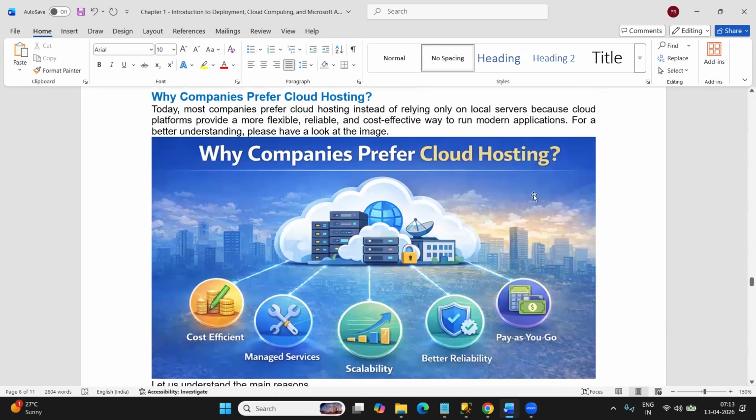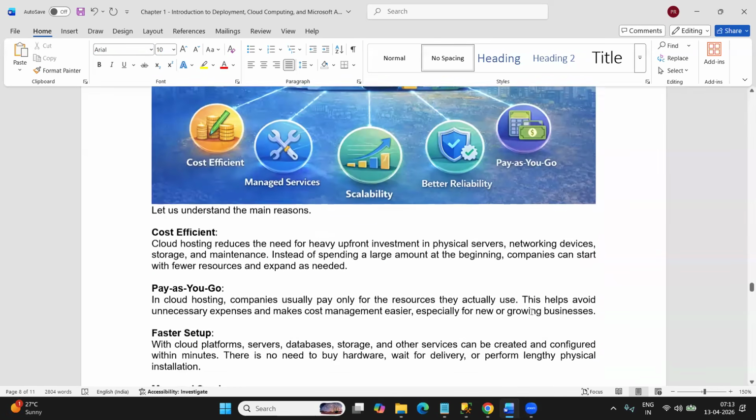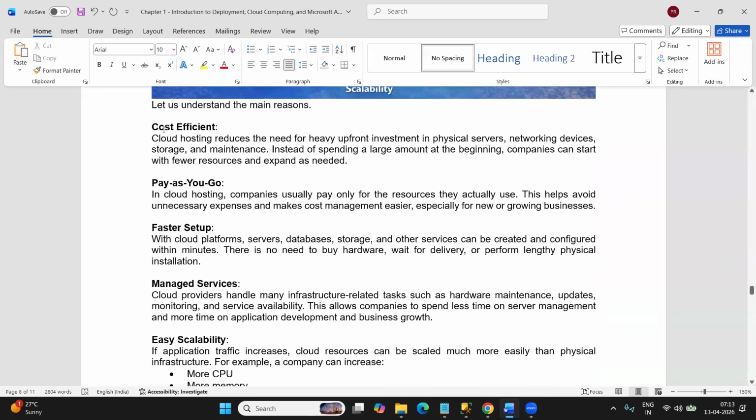Now, why are companies preferring cloud hosting? Basically, companies are going for cloud hosting because it is cost efficient, with managed services, scalability, better reliability, and pay as you go. So let us try to understand what we mean by cost efficient. Cost efficient means it is going to reduce the need for a heavy upfront investment in physical servers, networking devices, storage and maintenance. If you are going to build your own local server, then you need to buy the server, you need to maintain the cooling system, you need to hire some experienced team members for managing